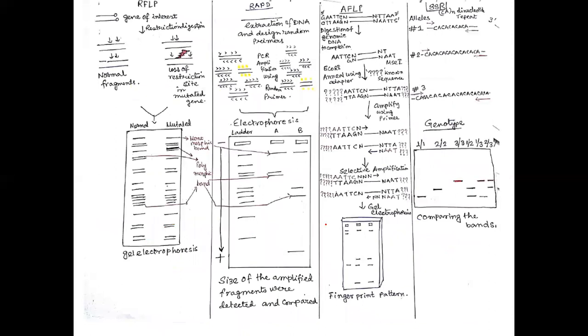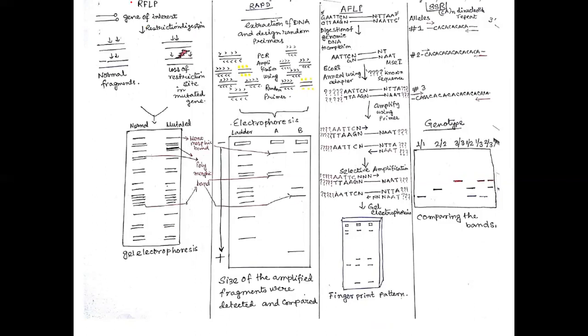Now there are some molecular biology techniques which are generally used for fingerprinting or to identify a certain kind of DNA fragment pattern. For this, we have discussed here four types of molecular markers. Number one, RFLP, RAPD, AFLP and SSR. In RFLP, the basic strategy is that in our DNA, we have restriction sites. I have discussed that these are palindromic sequences. These sequences are identified by restriction enzymes, and thus they can cleave at a specific location within the DNA.